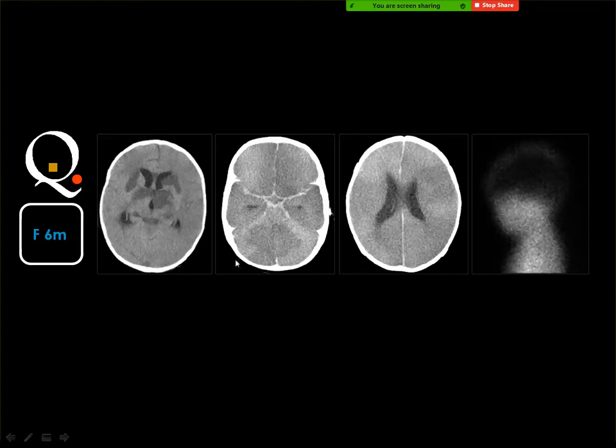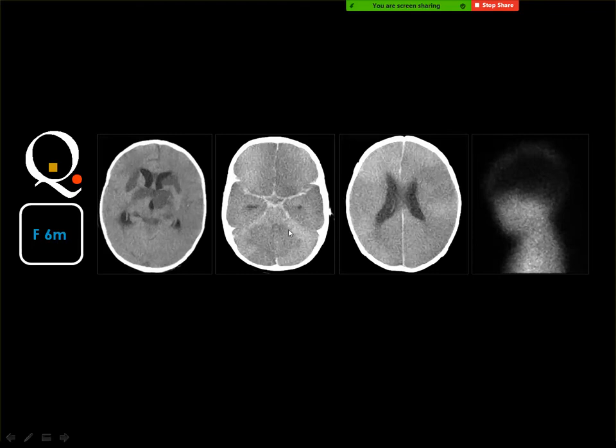This is CT without contrast, then with contrast, and this is a SPECT scan, in which you can see the viable brain tissue. Hypoxic encephalopathy also? Yes, but secondary to